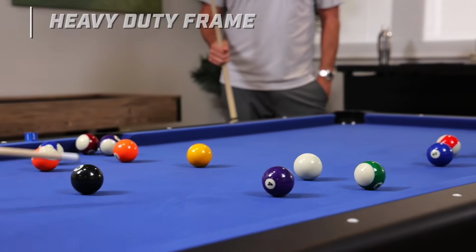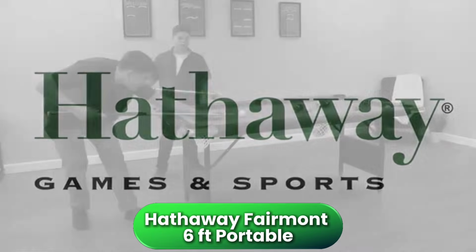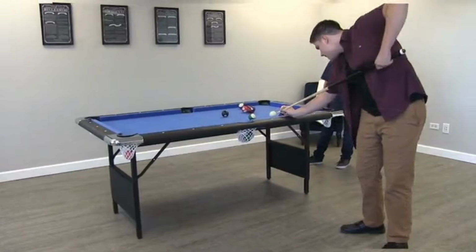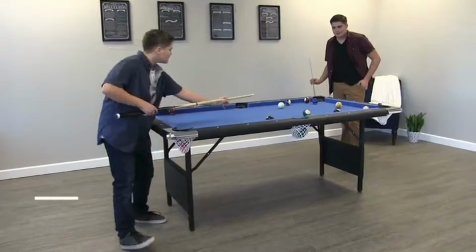Ready to hear about another space-friendly option? Let's move on to the Hathaway Fairmont 6-foot portable. Slightly smaller than the GoSports, this table is another great pick for compact spaces like apartments or game rooms. Its foldable legs make it easy to store when not in use, and it comes with all the essentials, including